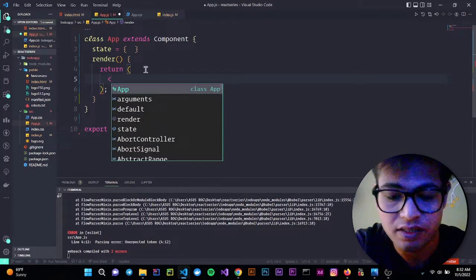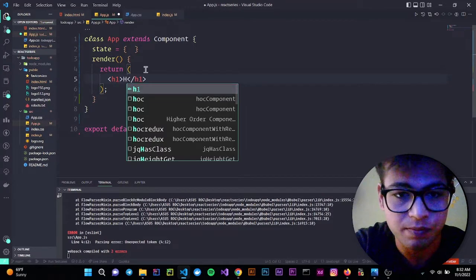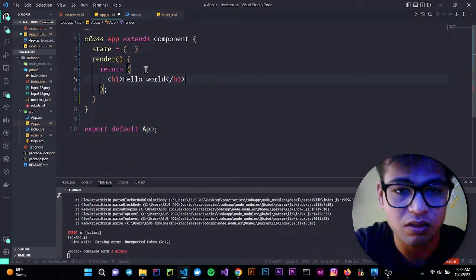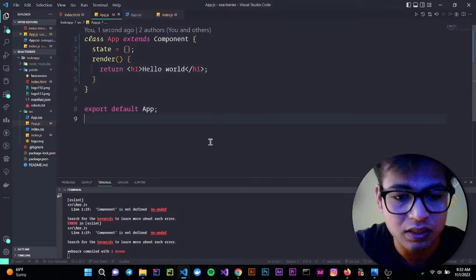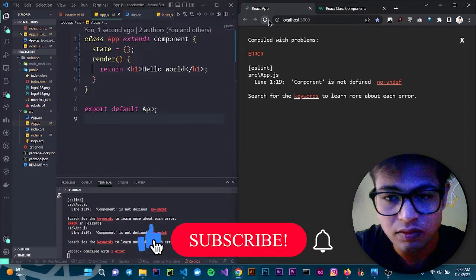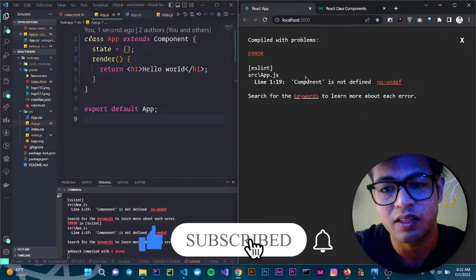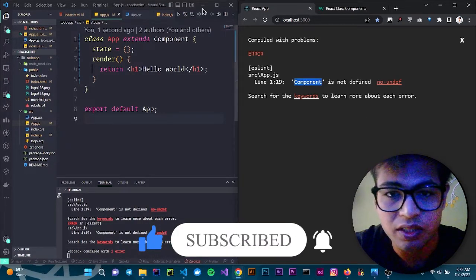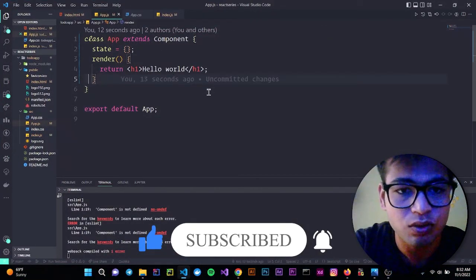Let's write something, h1, hello world again. Now let's try to run. See, you can see Component is not defined,